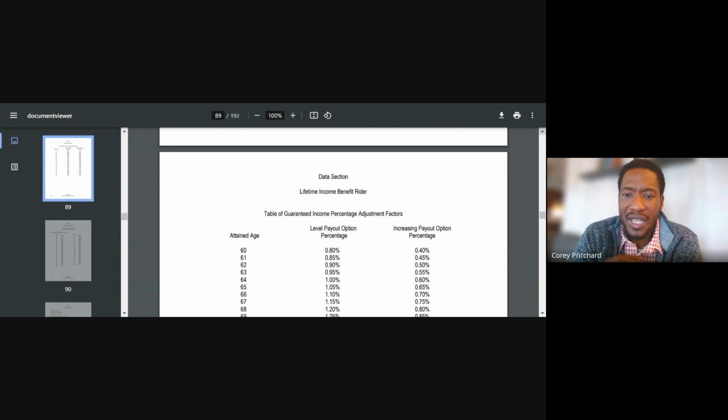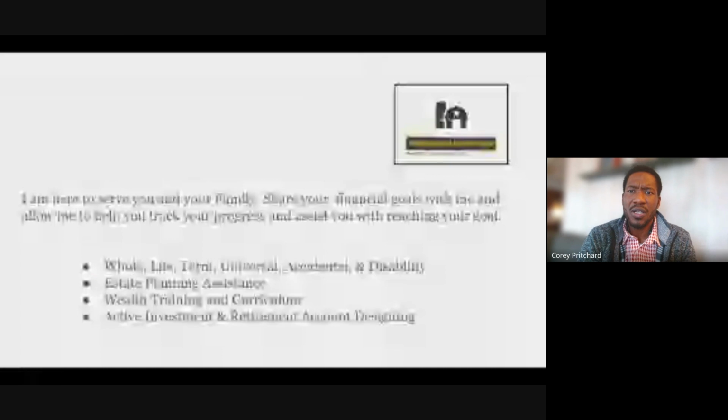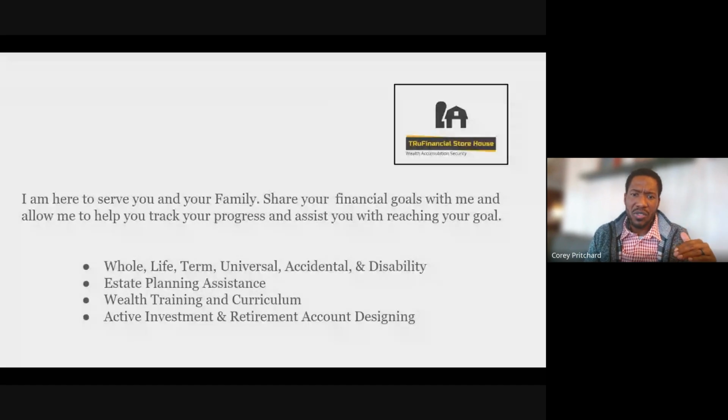So one last thing as I'm closing, what I want to make sure that I'm closing with is this: when we're dealing with this, again, index universal life insurance policy, I want to be very transparent and upfront about as much as I can. If I don't know it, I can't tell you. But if it is a case I'm aware of it, then I want to make sure that I'm making you aware of it. So the way that this policy has been structured, again, I said it's a renewable term